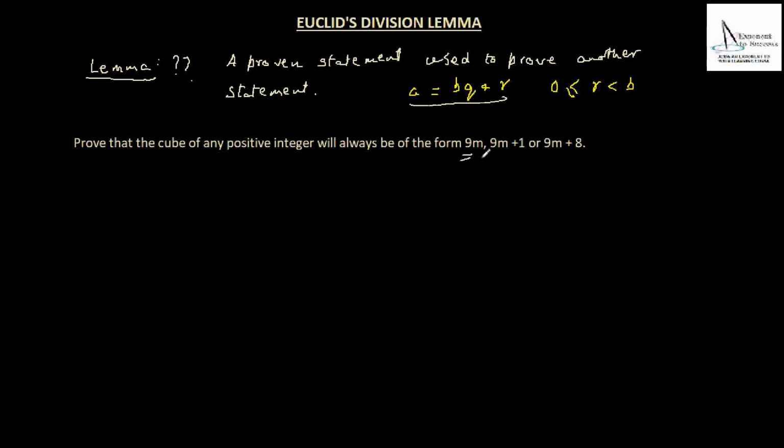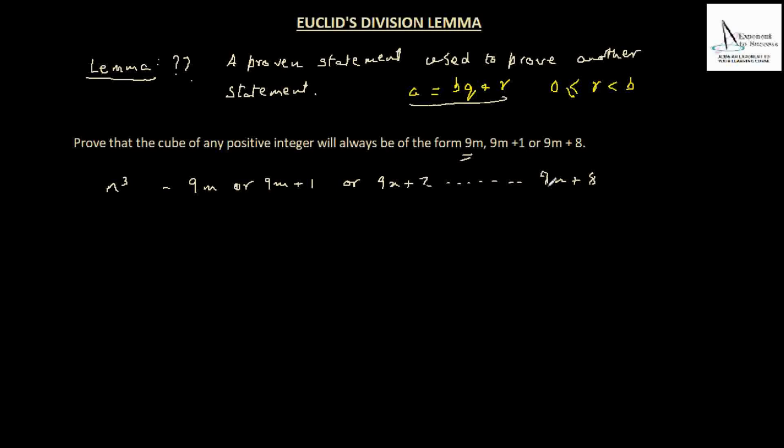So we have to look at the cube of a number. So it's n cube, and they have given that it is in the form 9m, 9m plus 1 or 9m plus 8. That means we are looking at division by 9. So you can take the cases as 9m or 9m plus 1 or 9m plus 2 and keep going up to 9m plus 8. That means you have to cover a total of 9 different cases, and you have to find the cube of the number every time, the cube of a two-term expression, 9m plus 1, 9m plus 2. It's going to become very complicated and it's going to take a very long time.